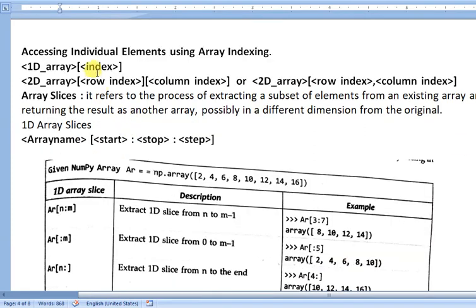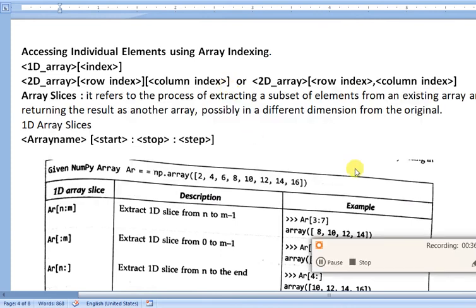Next is accessing individual elements using array indexing. If I'm accessing a one dimension array, the array name should be passed and the index number should be passed in square brackets. If you are accessing a two dimension array, the first value you have to pass should be the row index number, and the second should be the column index number. I have already talked about accessing elements, and I will show you with an example